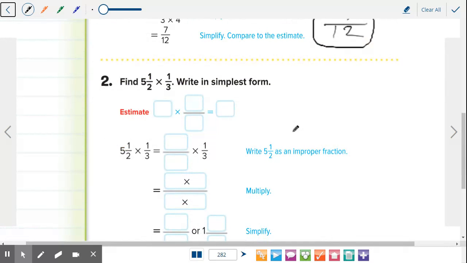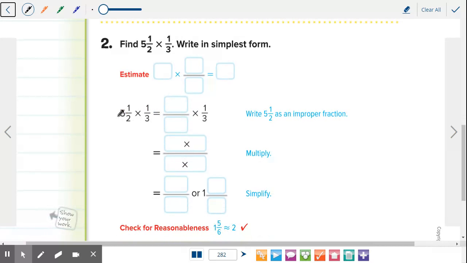All right, so let's do this one. Don't worry about the estimation part. We're not doing that. All right, so we have 5½ times 1/3. They want you to write in simplest form if you can. Now 5½, we got to change this. So does anybody know what that improper fraction is going to look like from 5½? What is 5½ going to look like? Carly? 11 over 2. She did 5 times 2, which is 10, plus 1 is 11, and you just keep